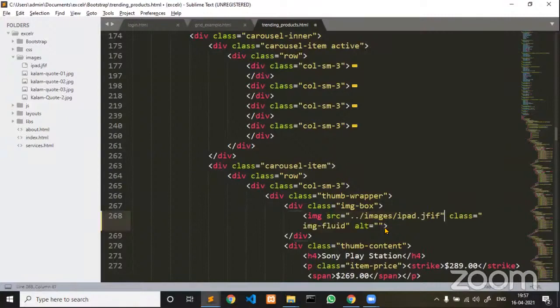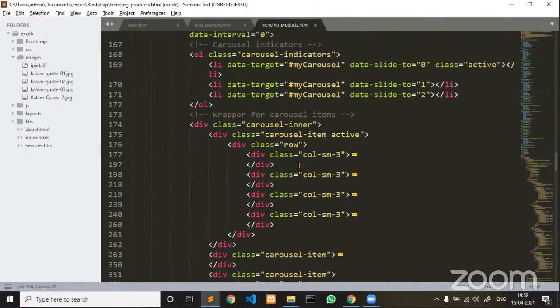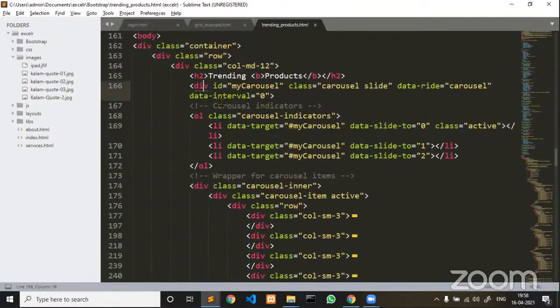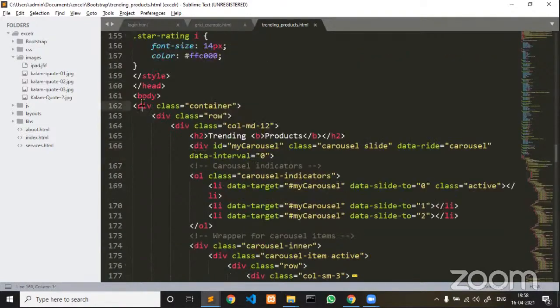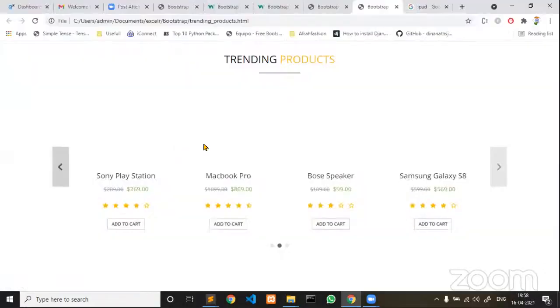Now let me explain about this, guys. Listen, one division. Now here, if you see carousel, there is a class called carousel inner. You can even see here the carousel indicators, a predefined class is there, and there is one division, and the entire code they have written within. See, if you come back, line number 162. This is the main container, guys. Now, this is a fixed container, adding left hand side and right hand side space.